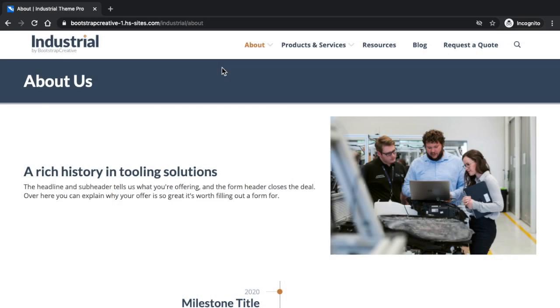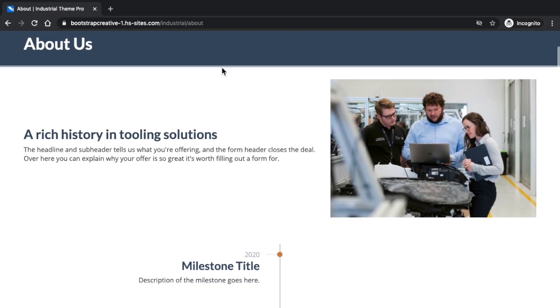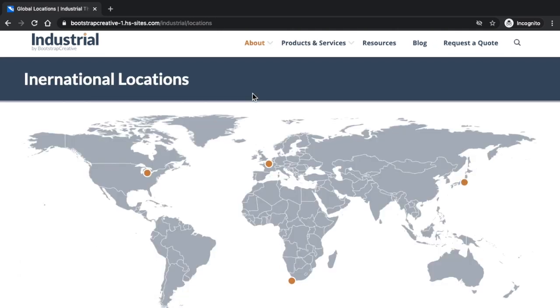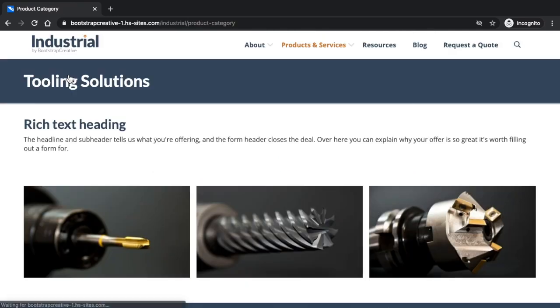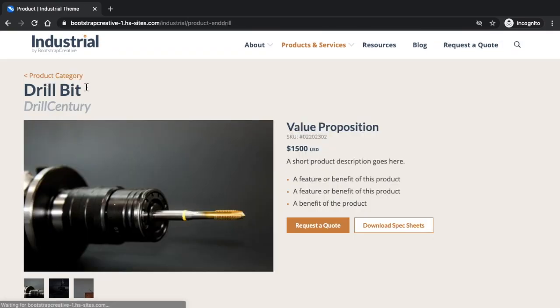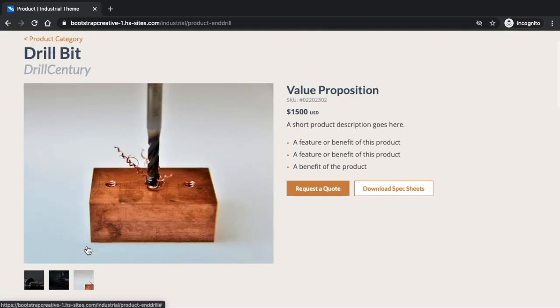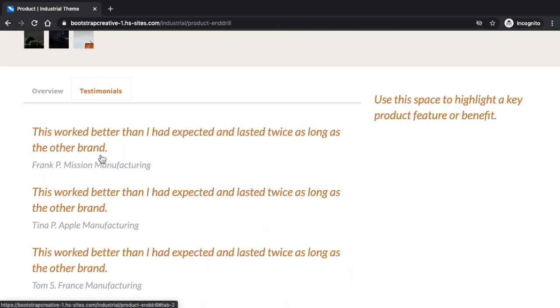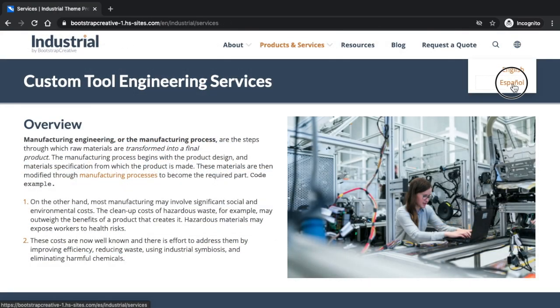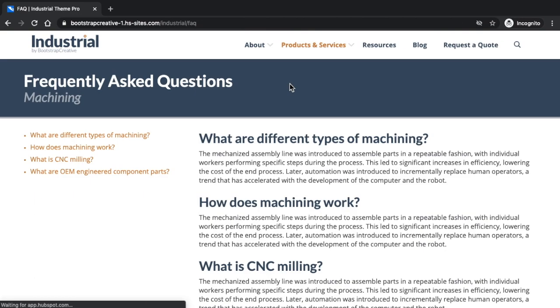To demonstrate the consistency of the design, I will quickly scroll through the various templates. Here is the About Us template. Next is the Team template, the Locations Map template, the Product Category template, the Product template, the two-column Interior template. I'm also demonstrating how the theme supports multiple languages, the FAQ template, and you notice each